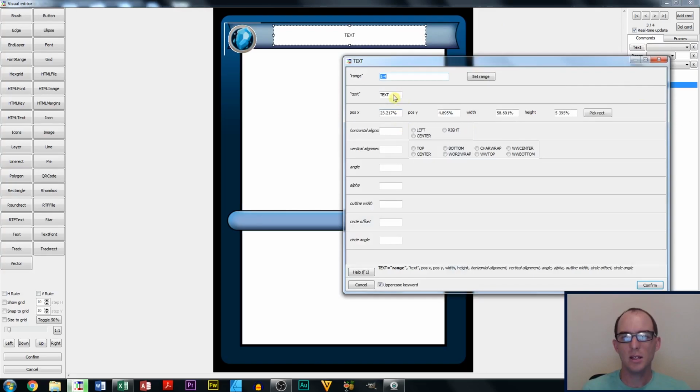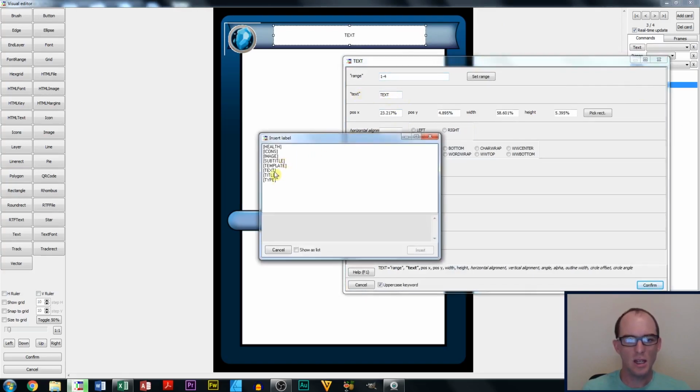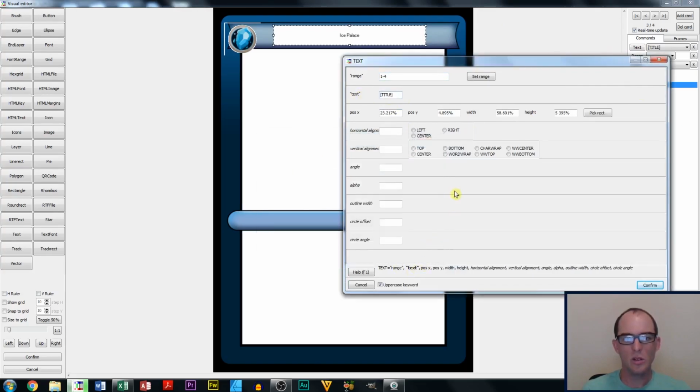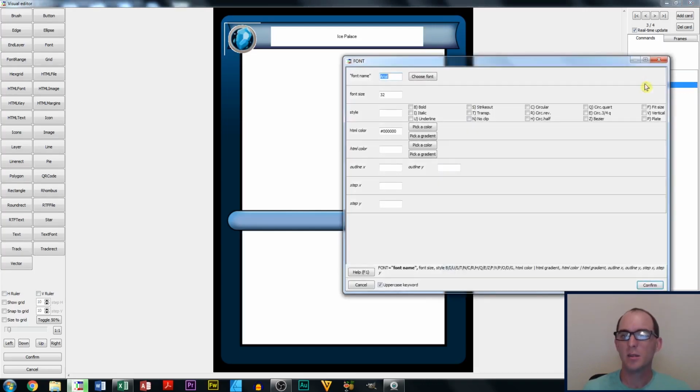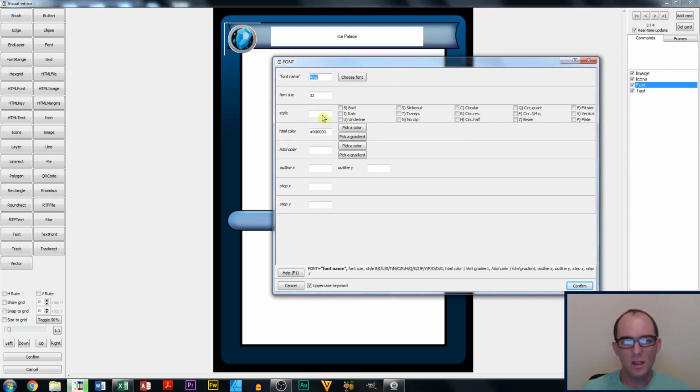And right click. I'm going to double click here, this text. And I want this the title. Confirm. And I don't like how small this is, and I don't like that it has the white background. So I'm going to put in a font directive. A font directive will let me change the way this text looks, but I need to have it above this text directive, so I'm going to drag it above there, right click, and let's make it, that's really big, maybe